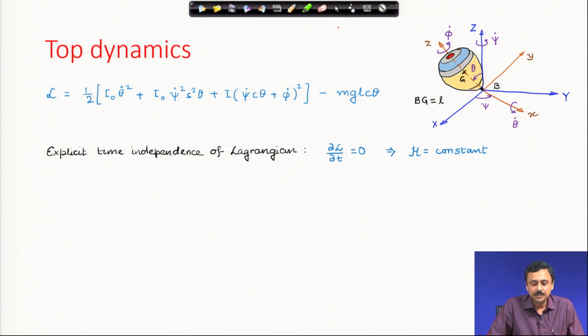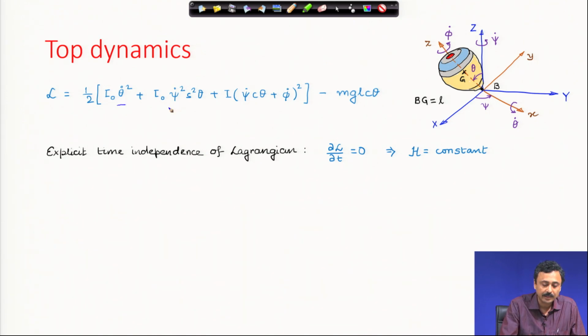The next thing we notice is the Lagrangian is explicitly time independent. There is no explicit time dependence in the Lagrangian, therefore, ∂L/∂t is 0, which implies the Hamiltonian is constant, as a conserved quantity, it is a constant of motion. And if you notice carefully the Lagrangian, it is the kinetic energy part,